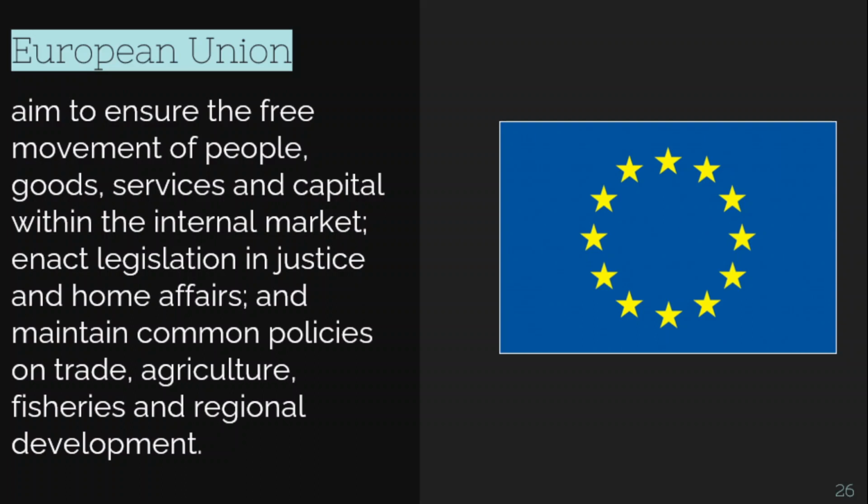Pero dahil nagkaroon nga ng union, meron na silang standardized system of laws na applicable sa lahat ng member states. Okay? And syempre, hindi lang iyon inisip ng iilan, but it was agreed upon sa lahat ng representative ng mga states na kasali. So, it's the same with ASEAN, if you're familiar with that.